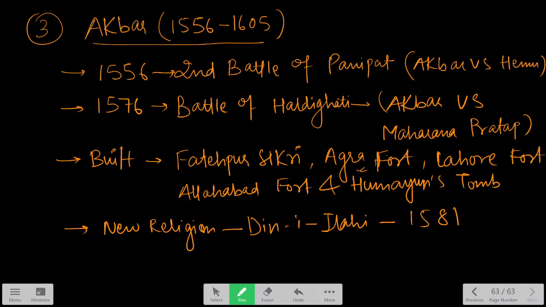Tomorrow we will join at the same time, 5 p.m., and we will start modern history, right? That lecture will also be a huge lecture, maybe close to 1.5 hours or 2 hours. In that lecture, we will try to cover the whole Indian freedom struggle as well as modern history. I will put up more questions from what was covered today.